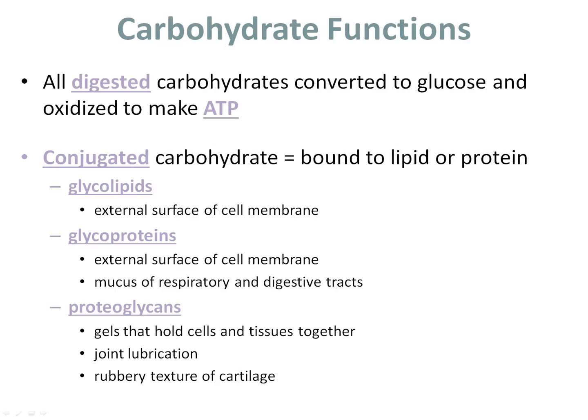Conjugated carbohydrates are carbohydrates that are bound to a protein or lipid. A glycolipid, which is a carbohydrate bound to a lipid, can be found on the external surface of the cell membrane. The lipid portion hangs out in the plasma membrane, and the carbohydrate portion sticks up and sticks out into